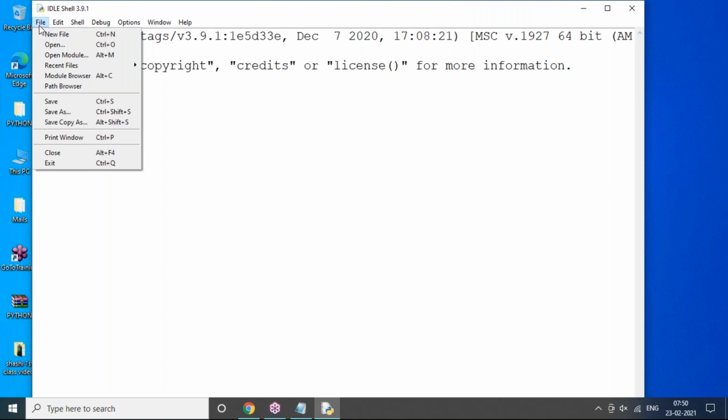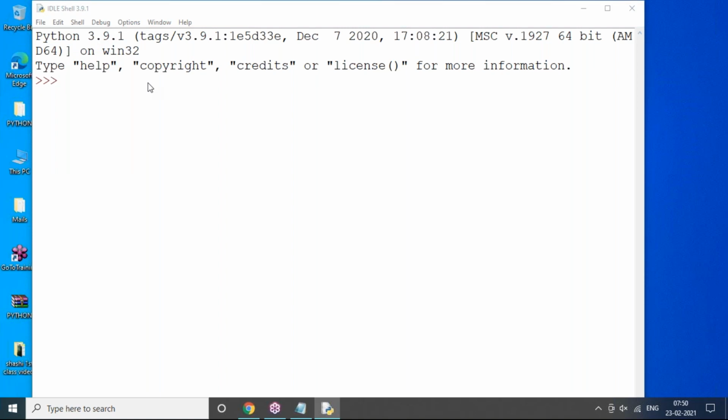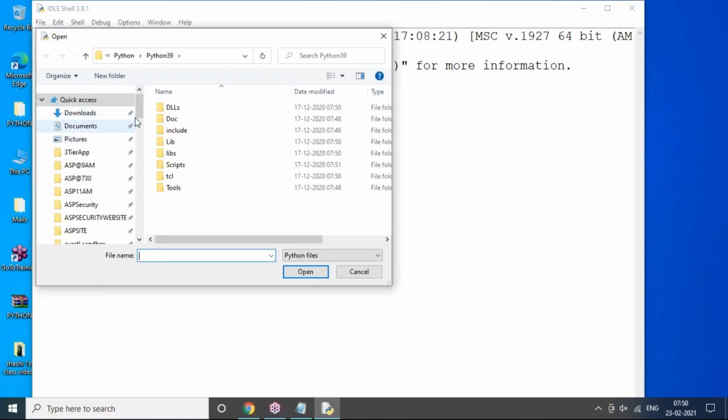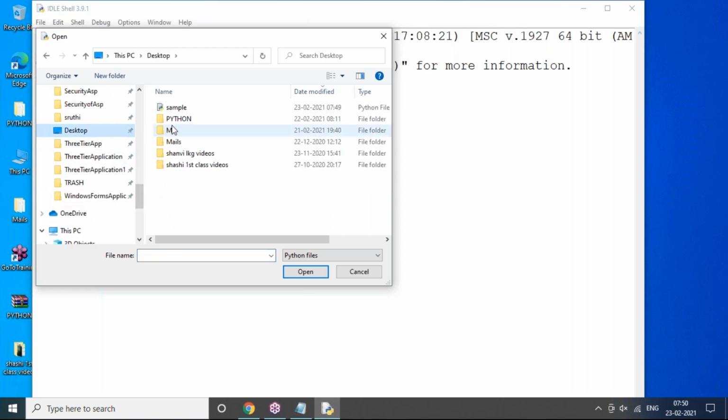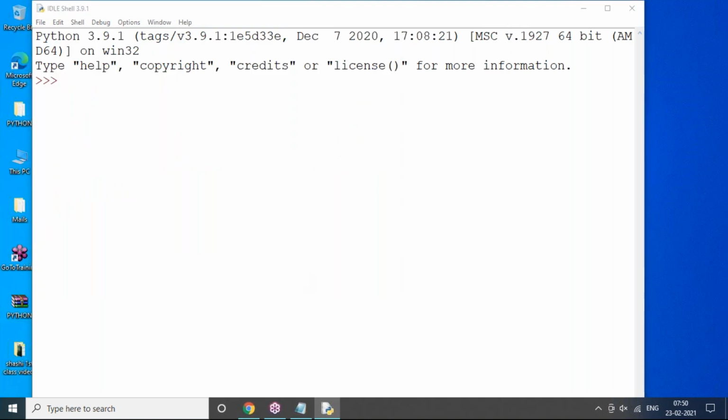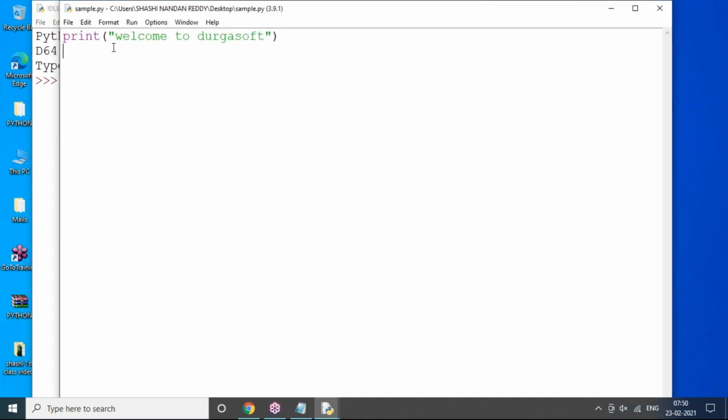To open that, go to the File option and click on Open. Once you click on Open, it will ask you to select the file where it is located. So you can go to the desktop option, and on the desktop there is a file called sample.py. Select this file and open it. Once you open it, what we have written previously in Notepad comes up.